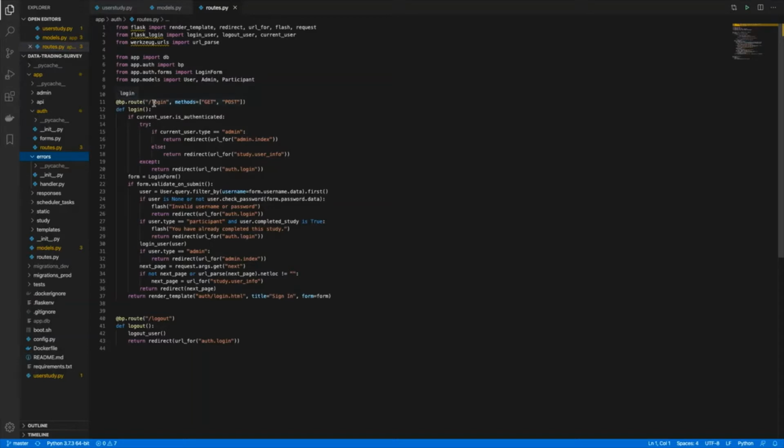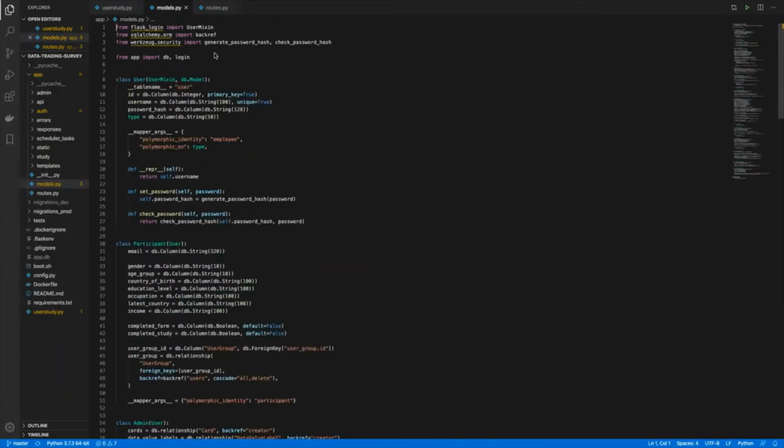So say you visit /login, it will run this code found in here, and commonly what you'll see are these redirects, which redirect the client to whatever parameters are passed in. Or often you'll see this render template, which will render this HTML with the given parameters as well.